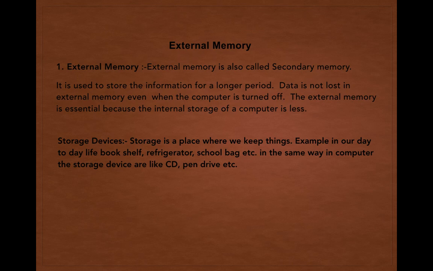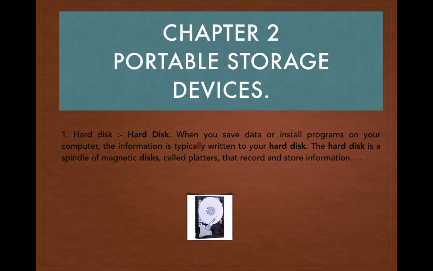Yesterday we have covered the part till here. We have covered all the memories, two types of memories, internal and external, primary and secondary. Primary memory, RAM and ROM, secondary memory like pen drive, CD, DVD, Blu-ray disc, they all are secondary memory. Even we have seen what is the storage, and now we are going to see which are the different types of storage devices. Now before starting that, you can see there is a word called portable. Portable means you can easily carry this thing from one place to another.